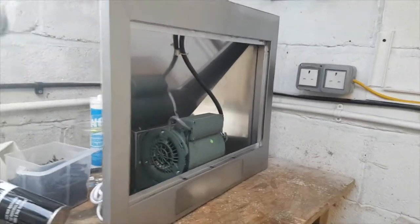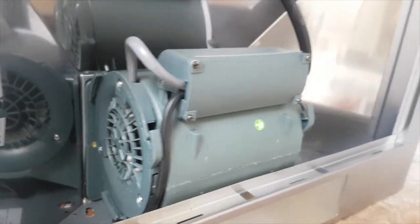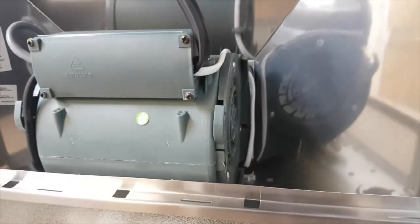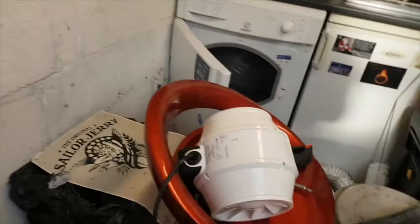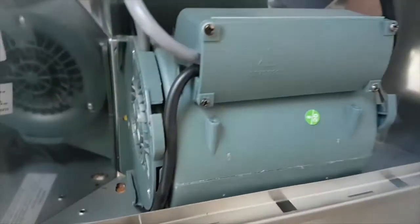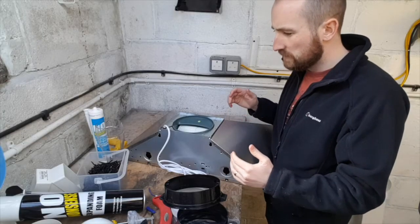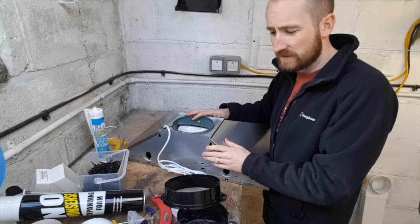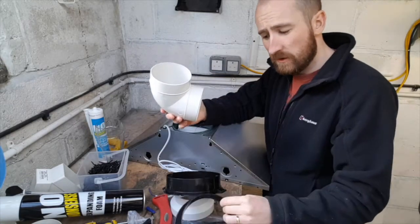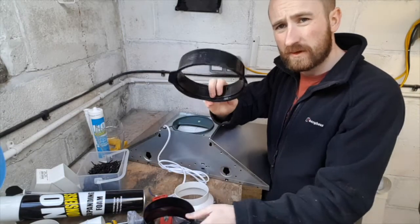So guys, that's the underside of the extractor. This is the internal fan, and I've decided I'm going to wire it up anyway and give it a shot, running the beast there in series with this. So yeah, monster. In order to determine at what level the fan's going to be at, I need to mount this as high as possible whilst allowing for the reducers and bends, etc. So I'm going to start building up from this,